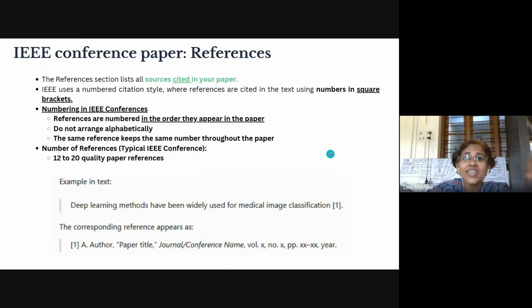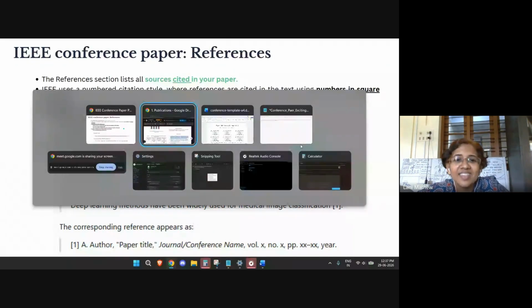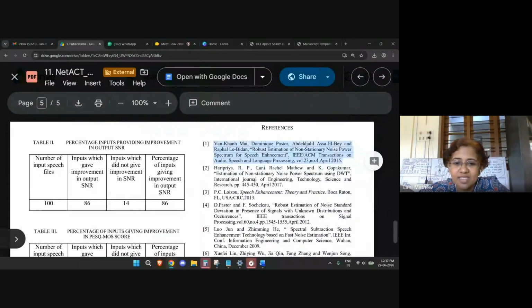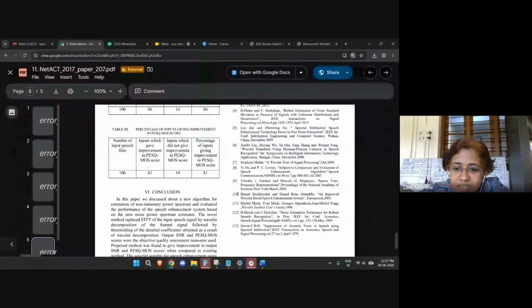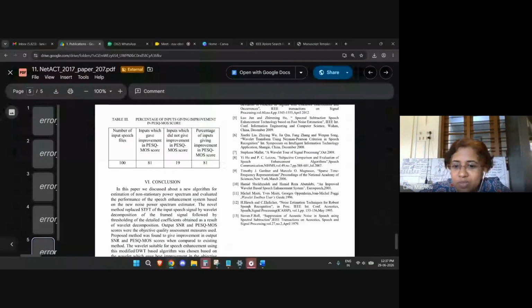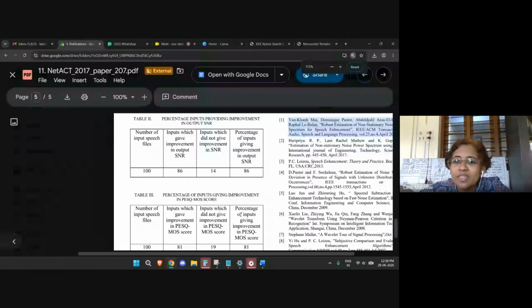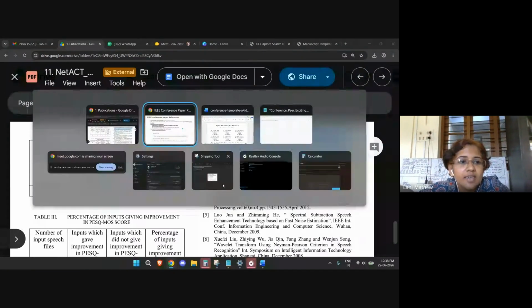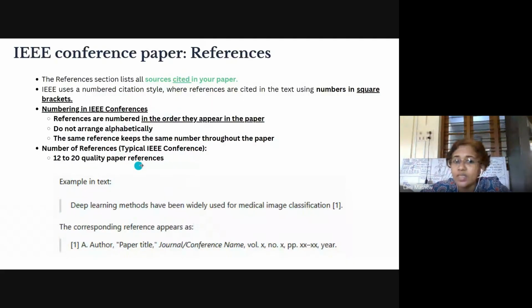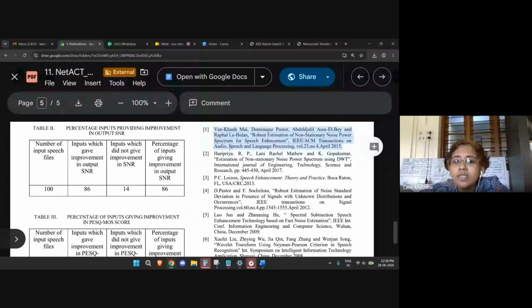Then we come to the references section. So this is the references section. Let's see how many references she had put in, around 13. So usually around 12 to 20 quality paper references. 12 to 15 or 20, it all depends. So sometimes